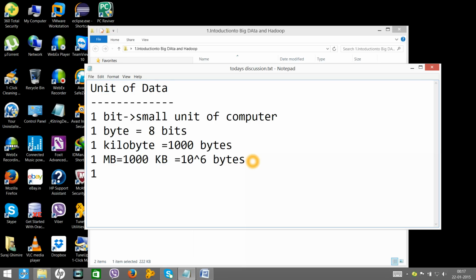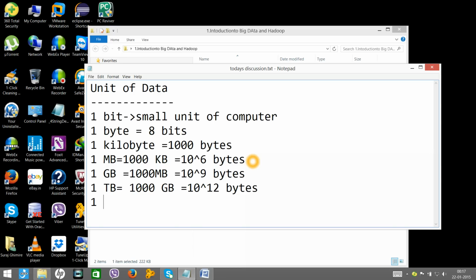Again we have 1 GB, which is equivalent to 1000 megabytes, which is equivalent to 10 to the power 9 bytes. Again we have 1 terabyte, which is 1000 GB, 10 to the power 12 bytes. Again we have petabytes.